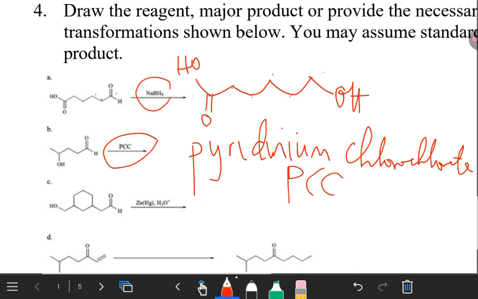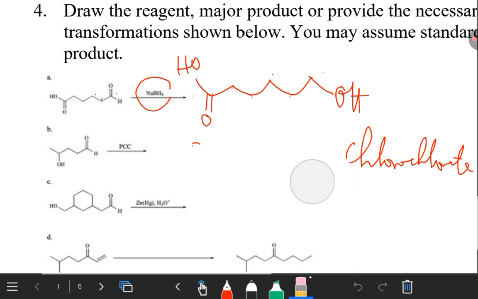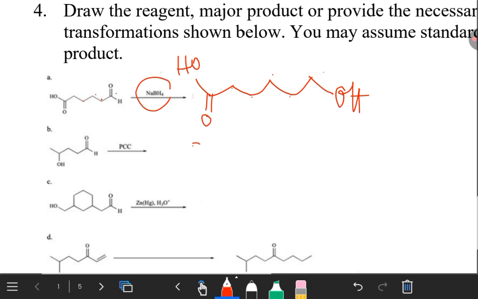Then for the earlier one, we said it is sodium borohydride. So we must know that. It's a reducing agent, so it's going to reduce that compound. All right, so as we said,